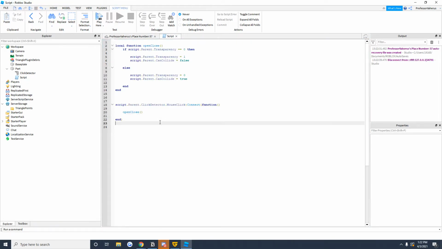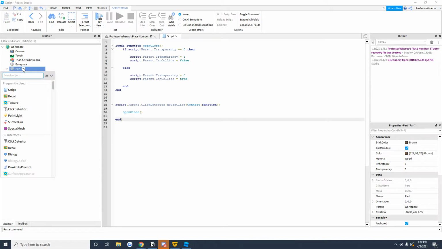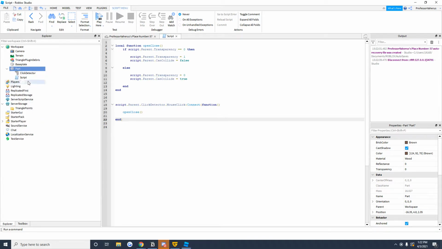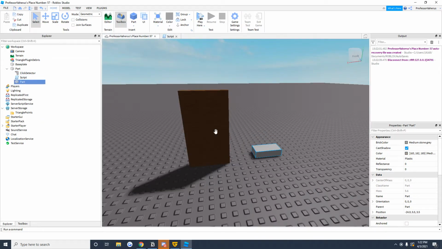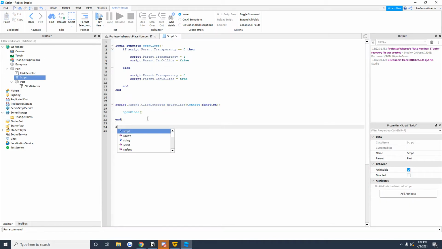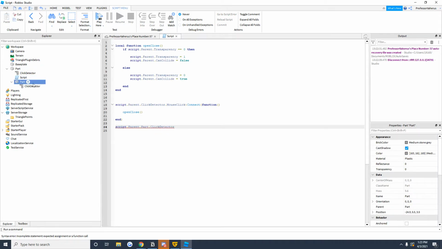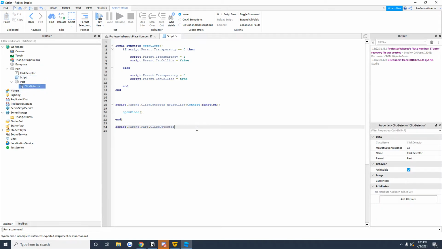Let's just put another part in it. Alright, so let's just spawn another part, and let's put a click detector into that part. So what we're gonna do is we use script.parent.part.click detector. So we're getting script.parent.part.click detector, okay? We're gonna have another function called mouse click, and then we could basically do